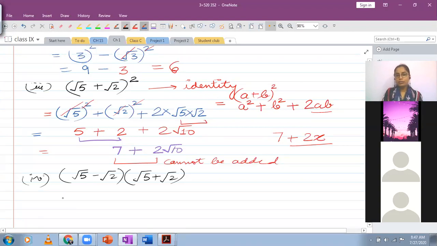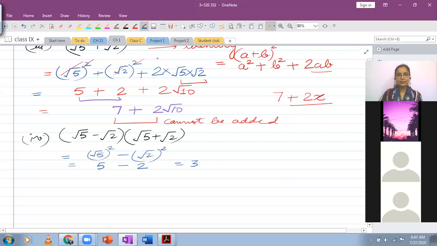If you want, now this is not necessary for you to write down the identity every time. You can just give the answer. It's not required here. But if that helps you to simplify, you can write it. 5 minus 2, 3. Like terms, the answer will be 3. Any questions still here? No, ma'am. All right.